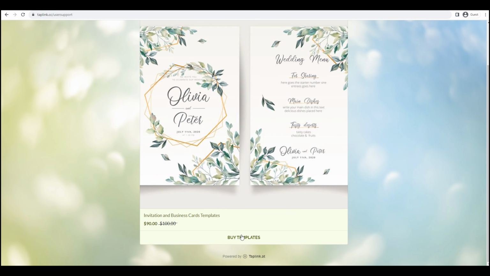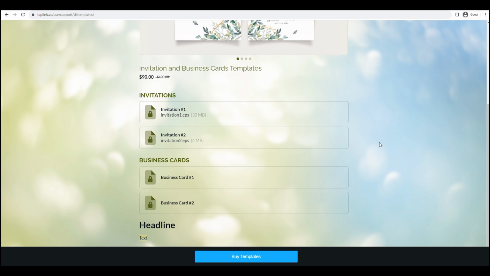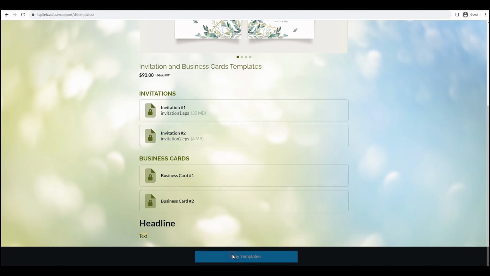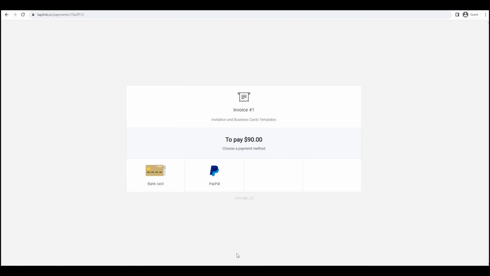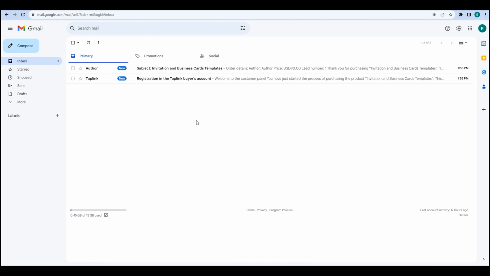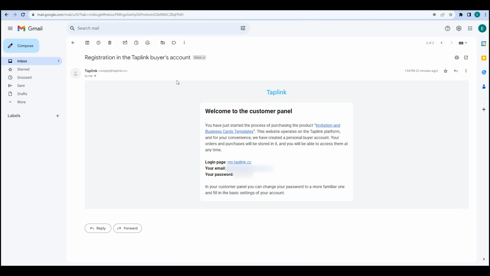Let's follow our link and select Buy Templates. This will take you to the product page that we've been setting up for so long. Click the Buy Templates button, fill out the form, and make the payment to complete the purchase. After the payment is completed, the buyer will receive 2 emails. The first email will be from the Taplink bot, and it'll indicate that the buyer's personal account has been automatically created on the website